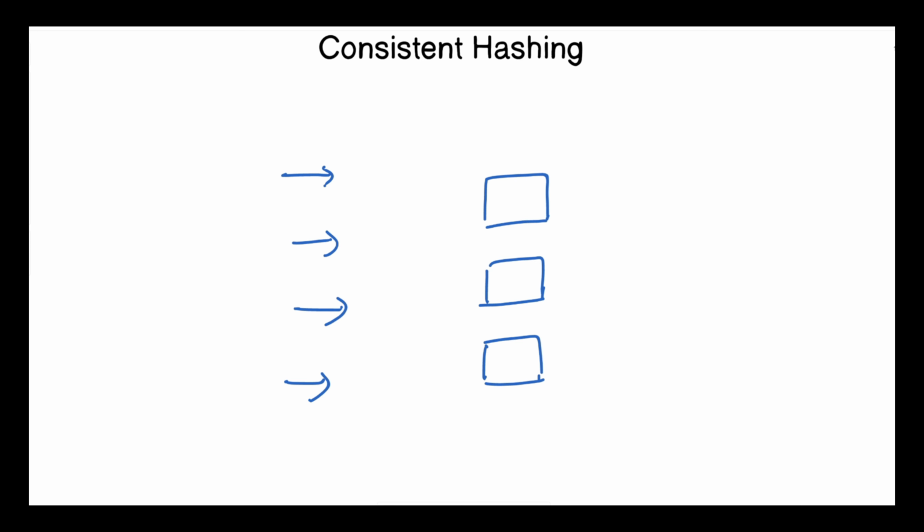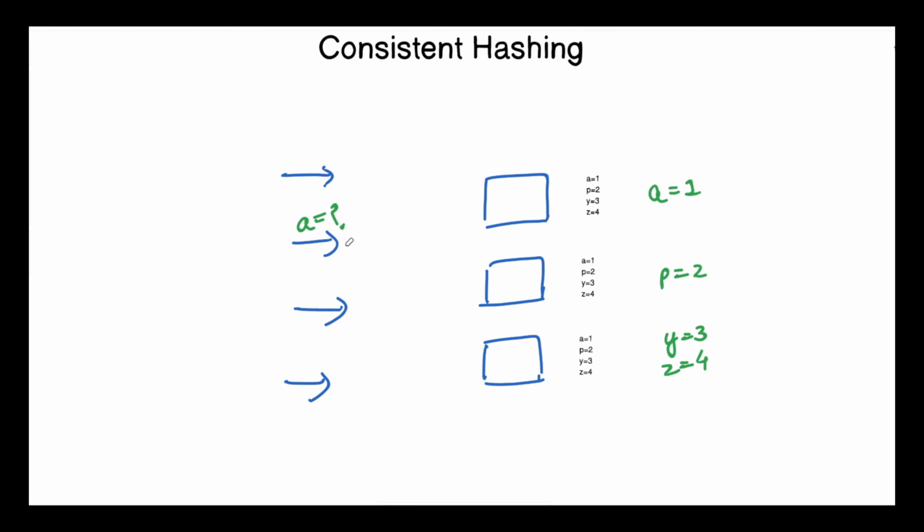Now in the previous case, each server contained the same data, so any request can go to any server. But we know that due to the limited amount of cache server memory and the low throughput of the service, we try to partition this data. So if we partition the data in such a way that the first server contains A equal to 1, the second server contains P equal to 2, and the third server contains Y equal to 3 and Z equal to 4, then in that case, we have to redirect the request to the appropriate server.